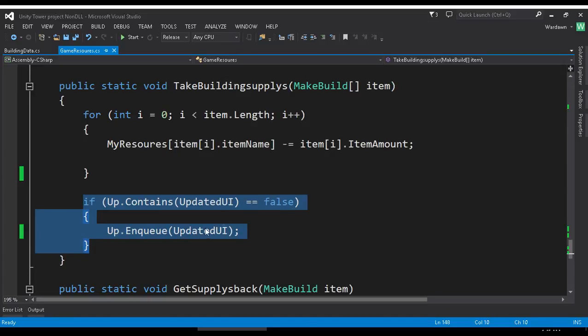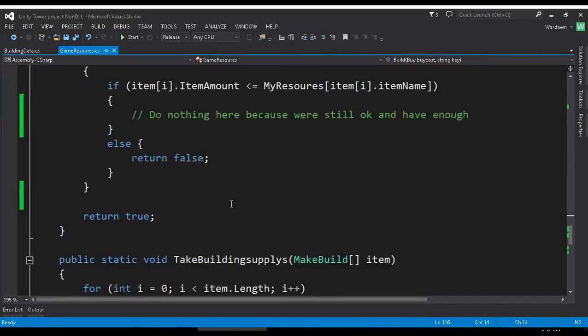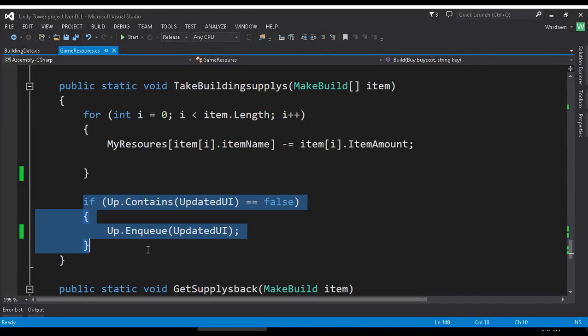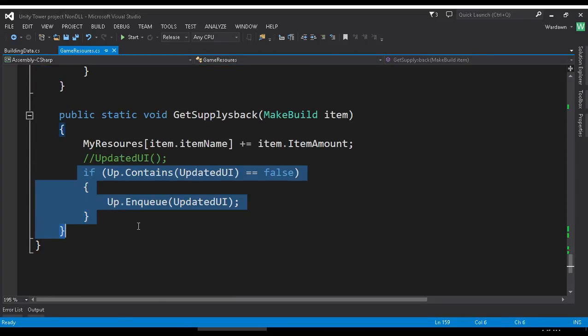But the beauty about it is if this one's already in the queue, then this one will just go, hey, we're already in the queue, ignore me. So instead of getting 2 updates, we're only going to get 1, unless it's already executed the update in the frame. Now, we also did it in here as well. Starting to develop a pattern. There's a lot of things that will update the UI that we need, but if we're updating the UI 4 times every frame,